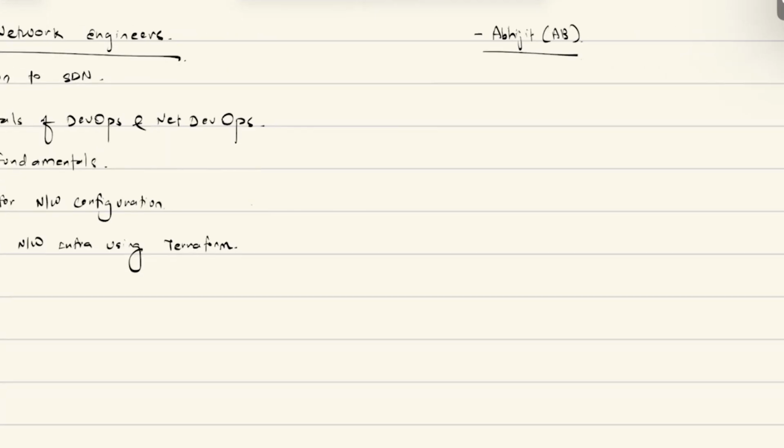Because if you look at the IaC or infrastructure as code tools, it is nothing but managing your entire infrastructure with a tool. And there are four main categories of the IaC tools. One is ad hoc scripts, like Python and all. You have infrastructure config tools like Ansible and all.